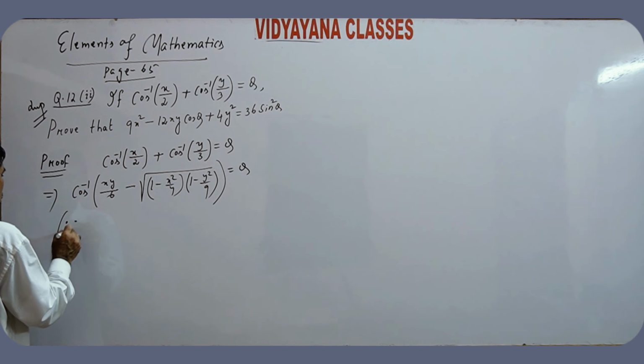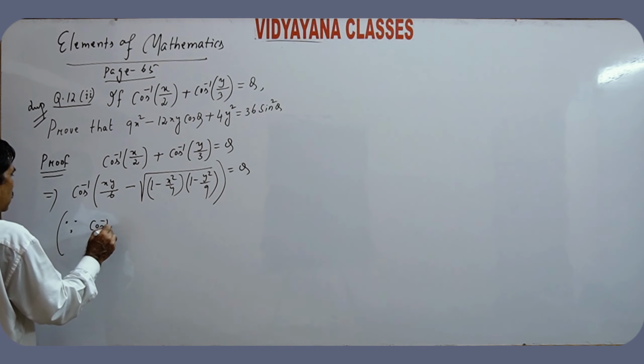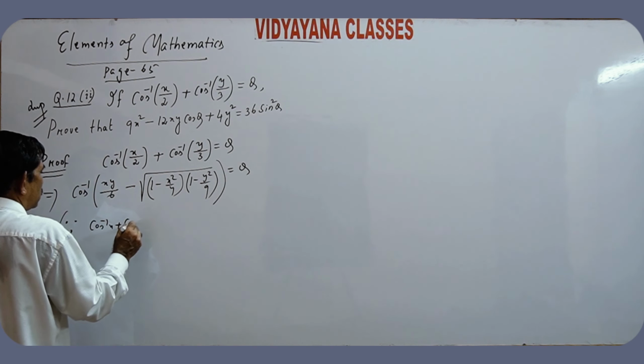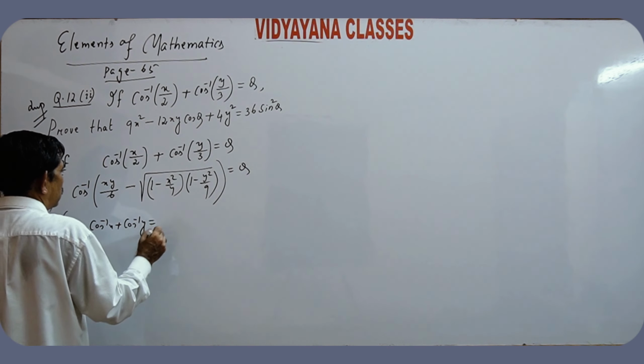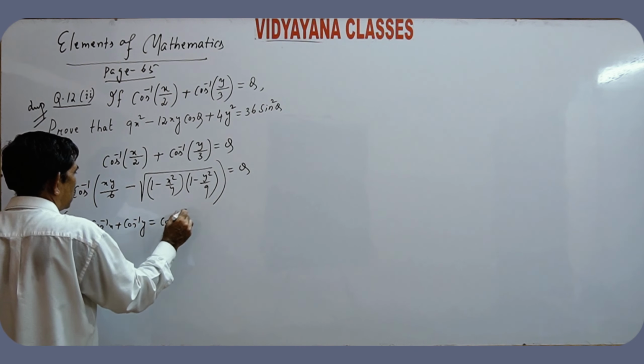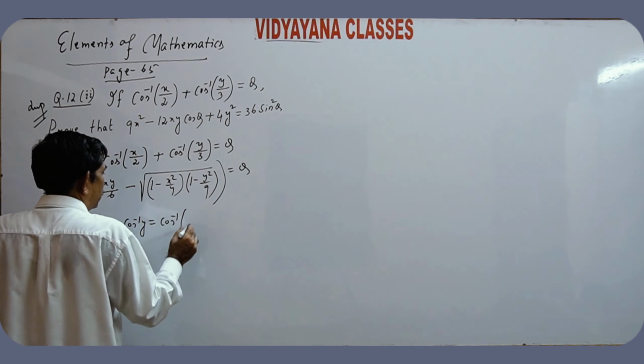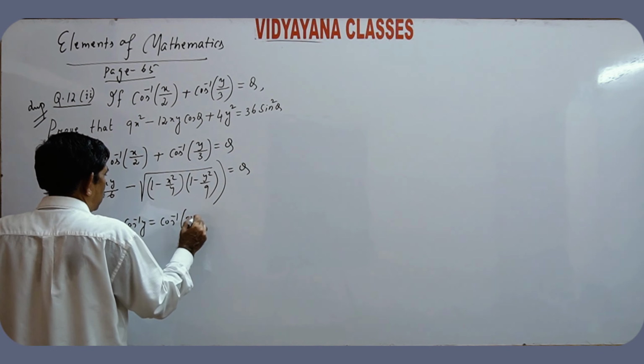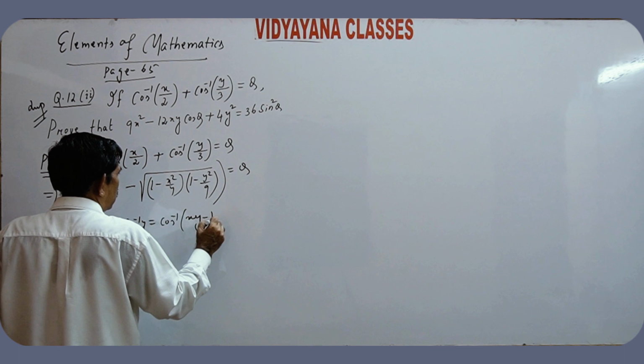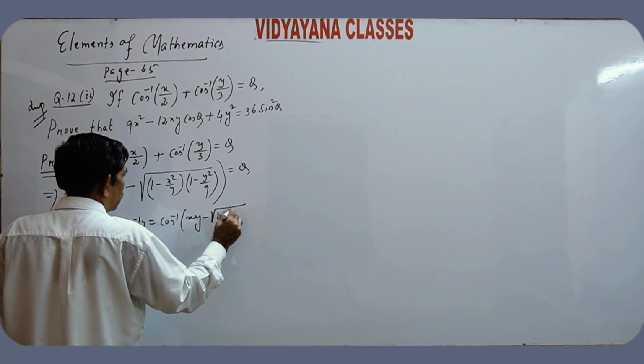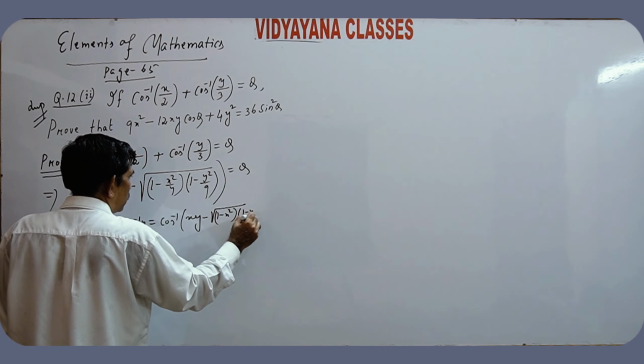Since cos inverse x plus cos inverse y is equal to cos inverse of xy minus root of (1 minus x square) into (1 minus y square)